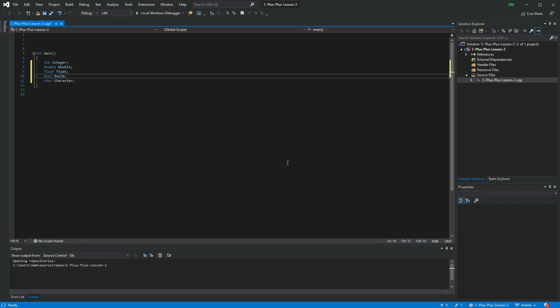So bool is a boolean, float is a floating point, double is a double floating point, and int is an integer. And if you've watched any of the previous videos, we've probably covered already, I think we did in Java,